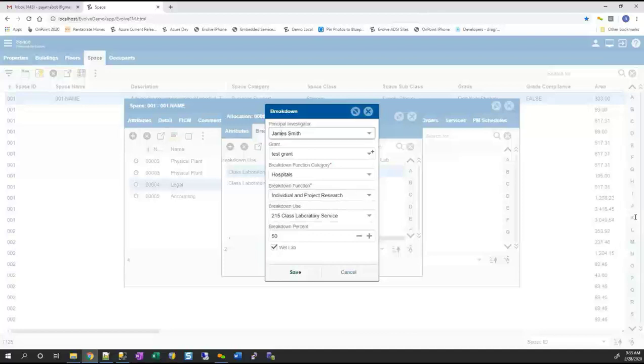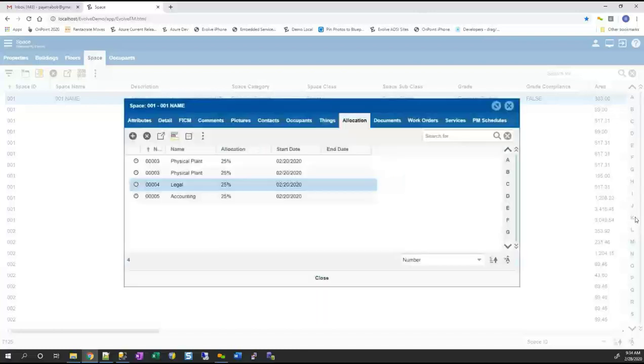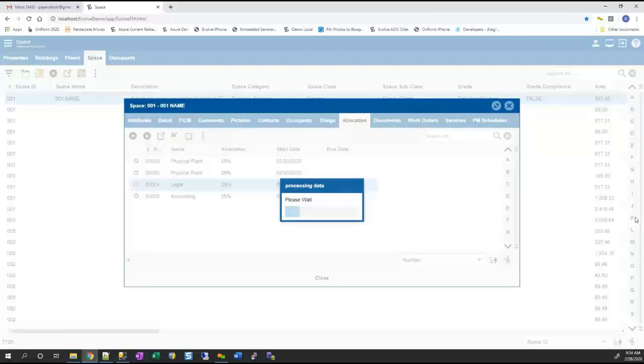And so you can set the principal investigator, you can set a grant if you want to use it. Mount Sinai isn't even using the grant, they're just doing the principal investigator and these other percentages. So you can identify those things here. Once you identify those things, and I'll just break that out equally, what we've done is now brought this into